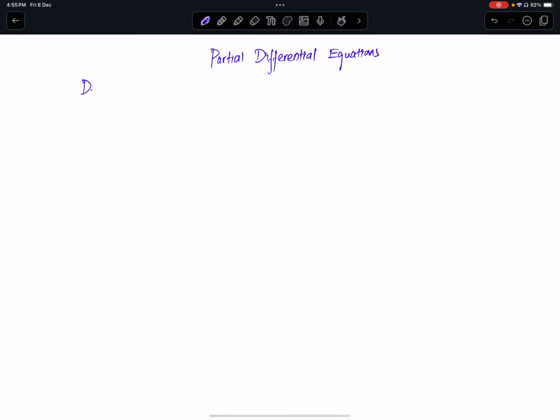So the definition: any equation that contains partial derivatives. Here I have written an equation that contains partial derivatives. So in general, any equation that contains partial derivatives is called a partial differential equation. So for example,